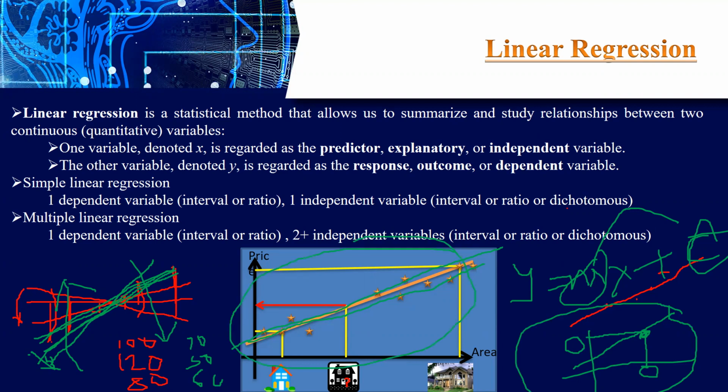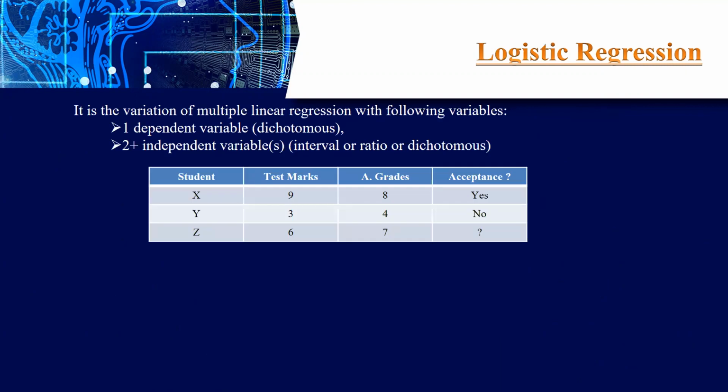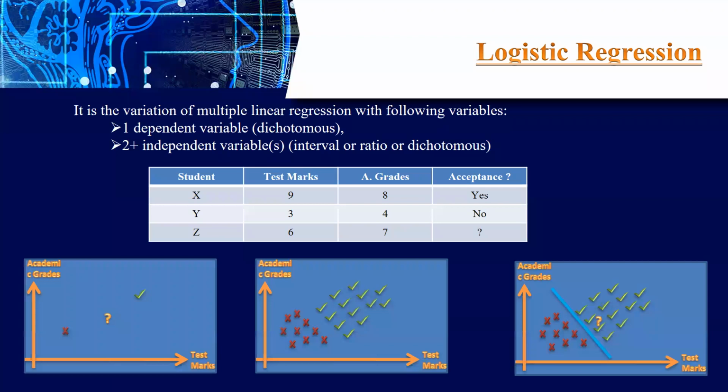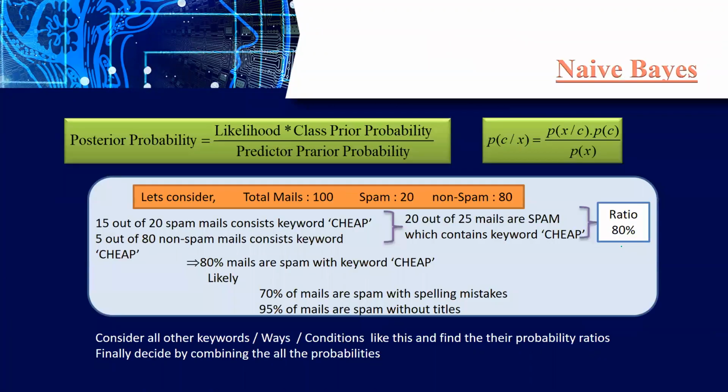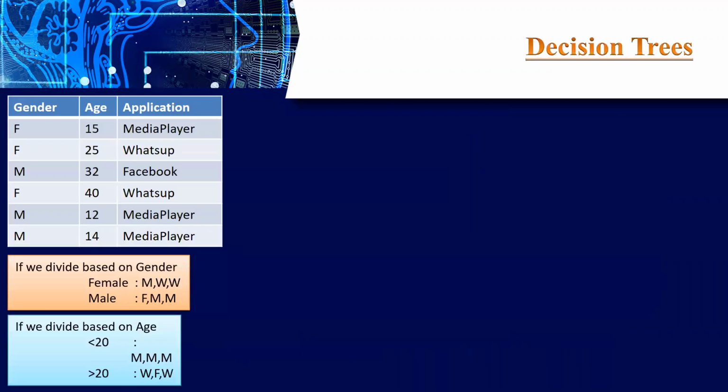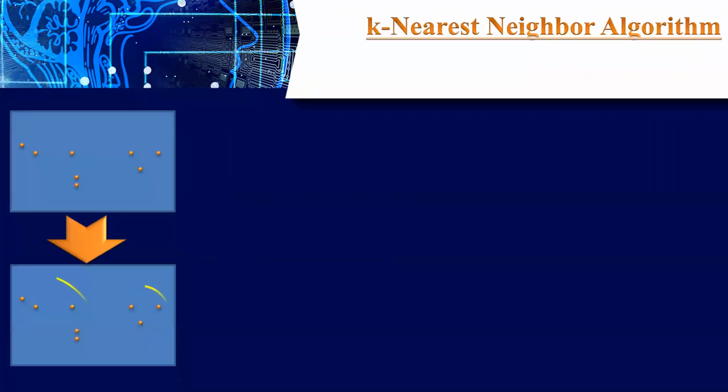Any doubt here about how we are using all these algorithms? Like this, we have different approaches for each and every algorithm. If you are going for Naive Bayes, we have one method to calculate the final ratio of that point, whether it goes into one class or the other class. I explained all these values. I explained decision trees as well, how the algorithm is classifying. And I explained KNN as well, how we are grouping into different classes.